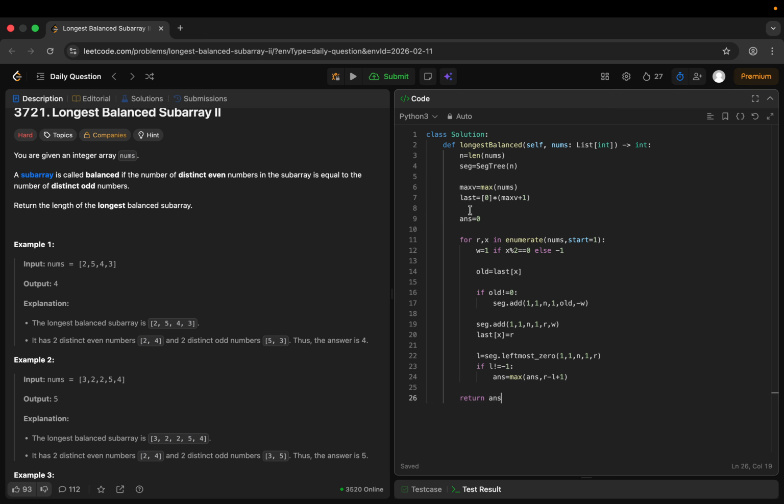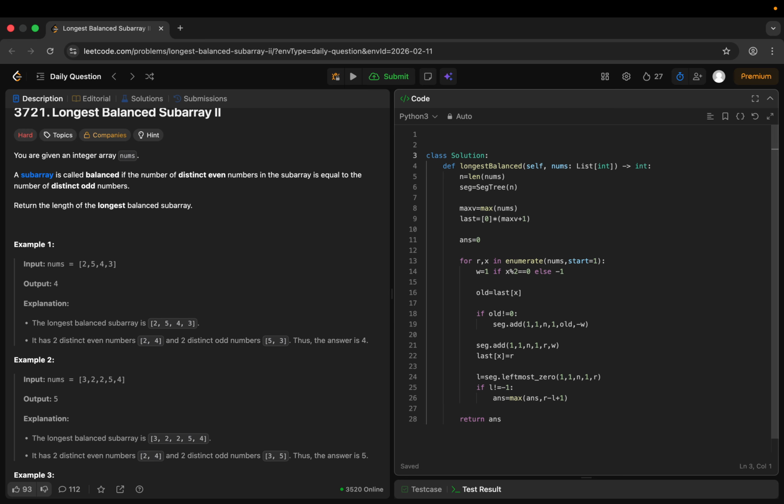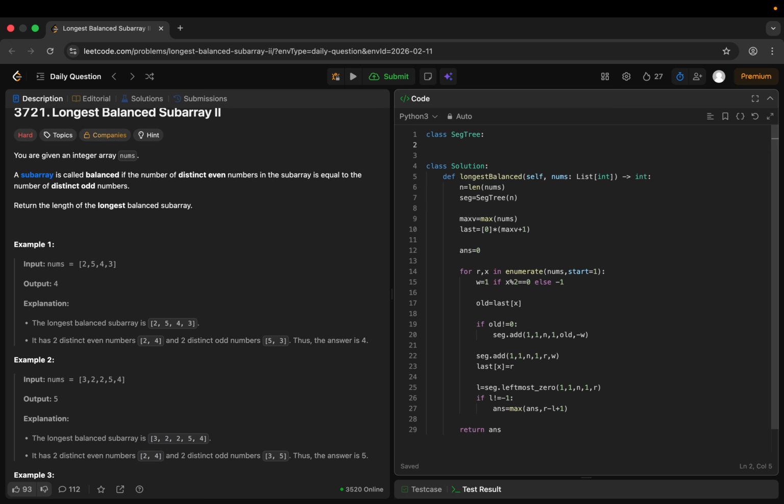Okay, so we have created the base structure of our code. Now we can go and simply create this segment tree. So let's try to create that. Now we'll create a different class for the segment tree. So class SegmentTree, let's define the init. So define the constructor for this init,